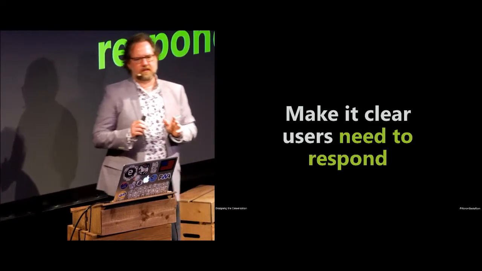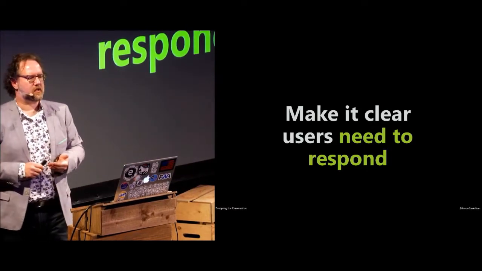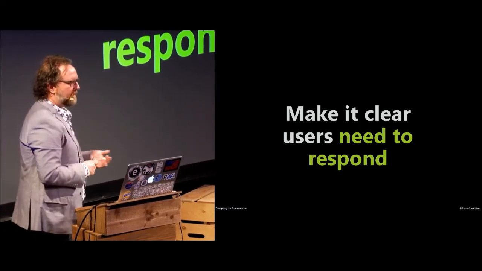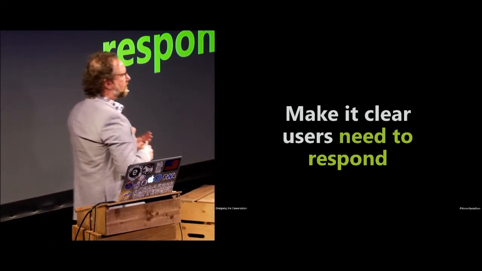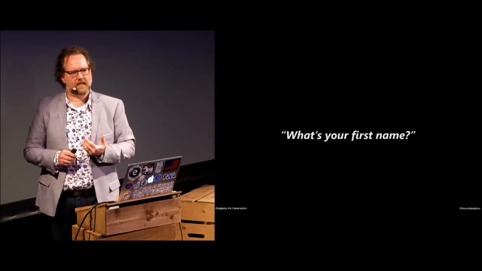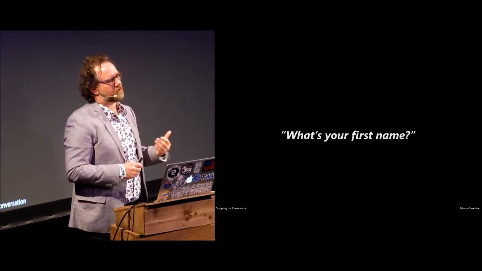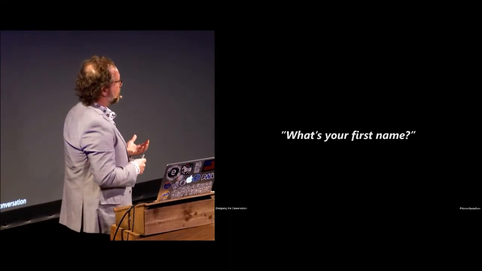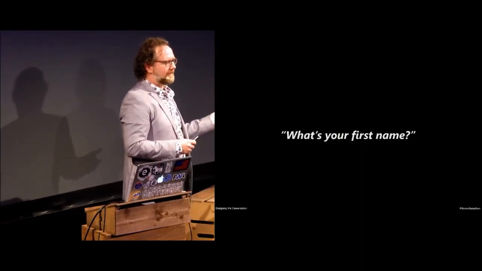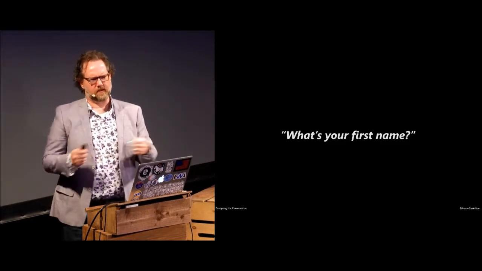So in their Alexa Skills Kit, Amazon actually recommends that we make it clear that our users need to respond. So maybe instead of using labels like first name, what if we could be more conversational? What's your first name? Consistency is important too. So if you do go the route of starting to address your users as you, make sure you do that consistently and you don't later have my profile, because then it starts to get weird, right? Confusing people. Is it you or is it me?